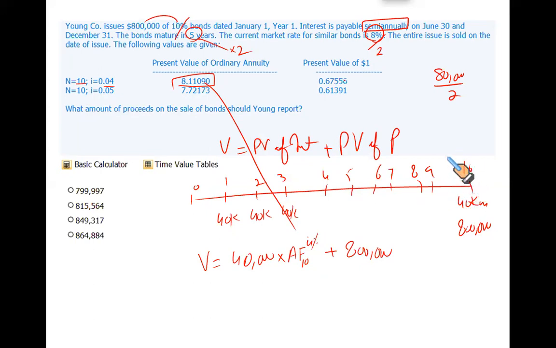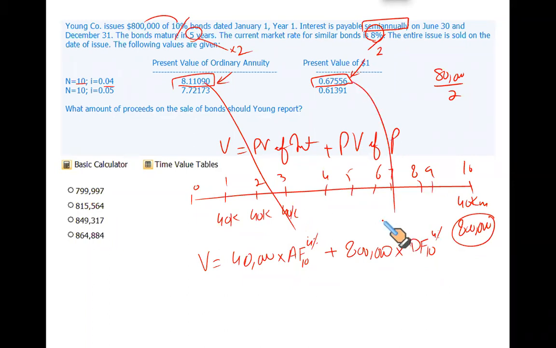Since it's the end of the 10th year, there is going to be a single discount factor. Remember, when payments are repetitive, 40, 40, 40, 40, 40, 40, 10 times, you use the annuity factor. And when there is a single payment, you use the discount factor. This is the concept you will massively revisit in your section E. So it's going to be the discount factor for the 10th year at 4%, which is